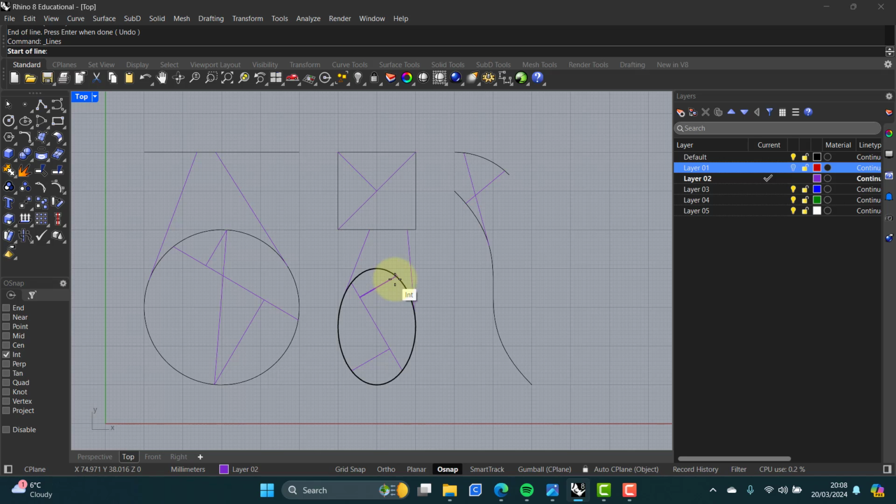Okay, intersection here, intersection here, and let's do the last one. Let's go intersection to intersection to intersection. Okay,